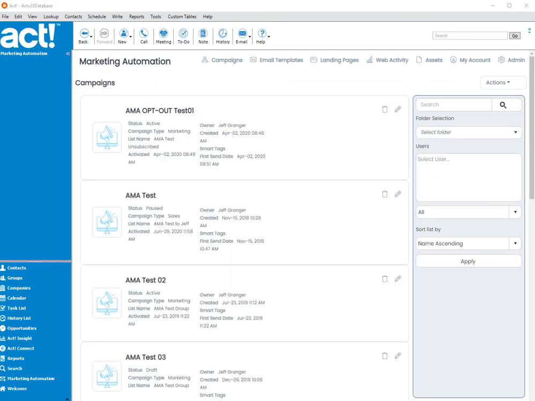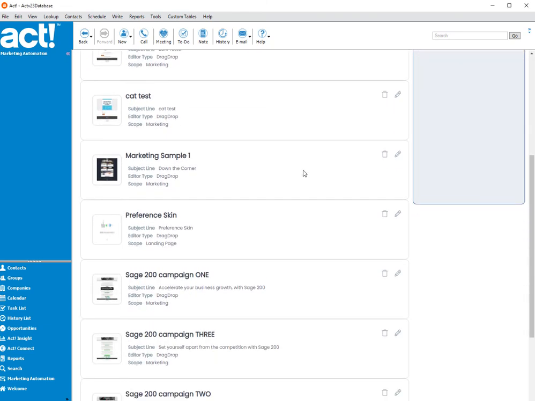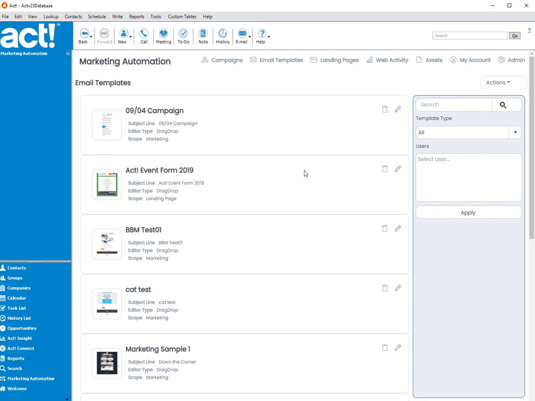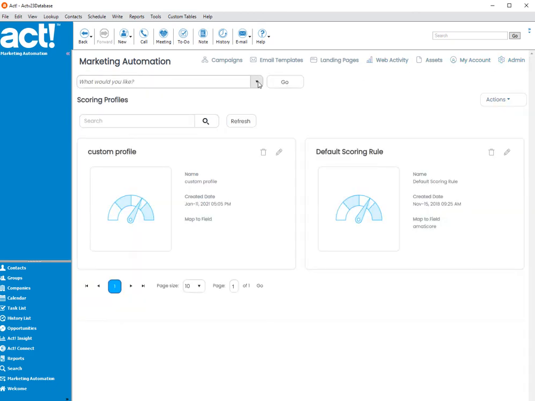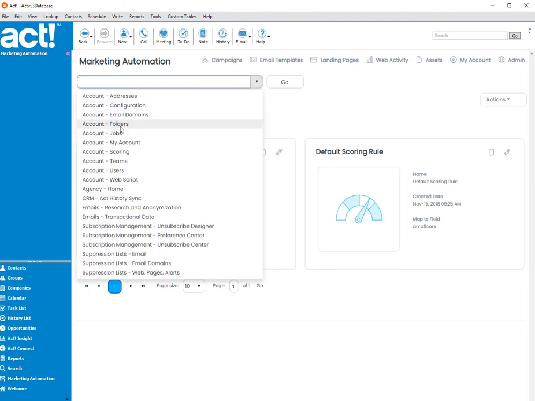Now next up, they've added some, well, I suppose cosmetic, but also functional features in there to help you to manage a busy AMA account. So you might over time build a long list of various campaigns. You might have a long list of various email templates for various different purposes, and it helps to organize them by folders. So they've added this function to enable you to go into the admin area and select account folders,